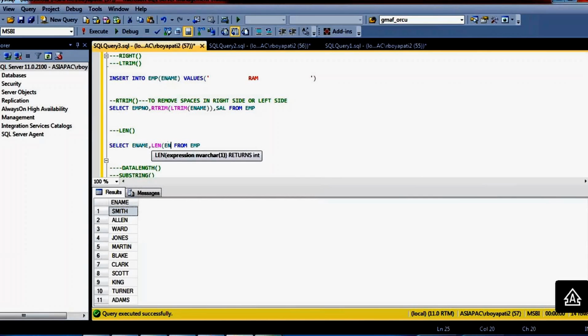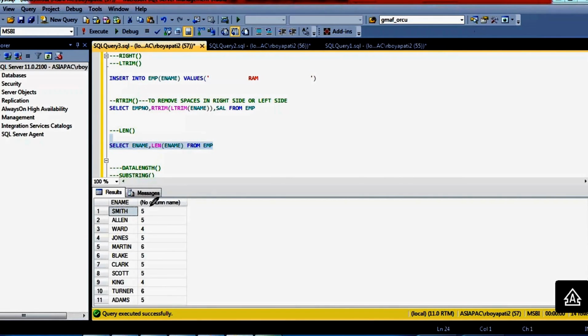Length of employee name. See, it is counting the number of characters in each employee name. Okay, so that is the length function. It is just counting the number of characters. That's all.